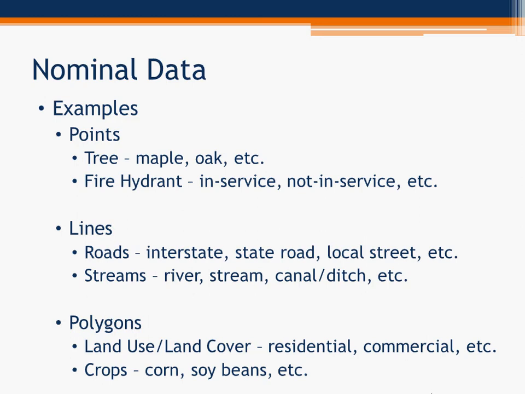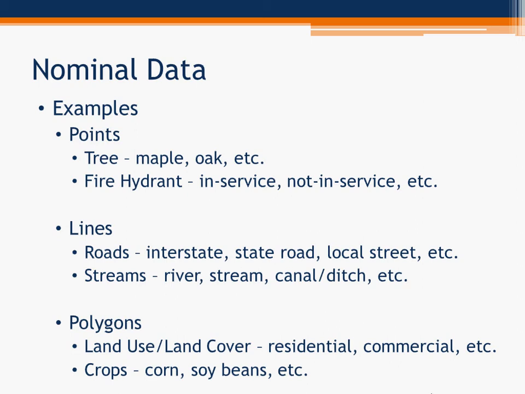If it's not in service, another field may contain information of when that fire hydrant was installed or when it was last serviced. Lines, roads and streams, no different. Again, we're not looking at any kind of mathematical values here, but strictly at descriptive information. Polygons, land use, land cover, crops, country shapefiles, country feature classes, data that we've worked with already up until this point in exercises and assignments. So again, what you might find in a field is just descriptive information. We'll come back to the land use, land cover discussion here in just a minute,